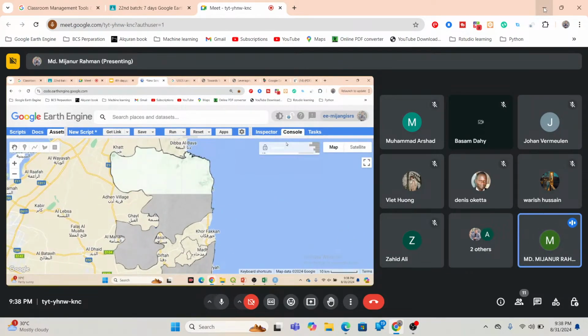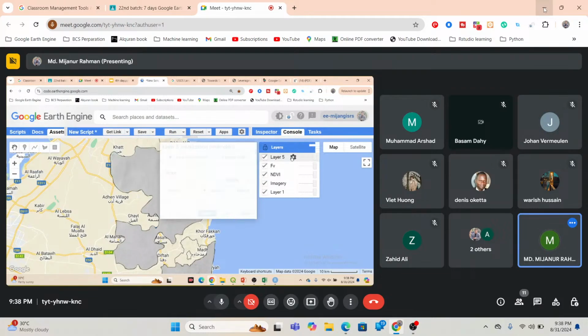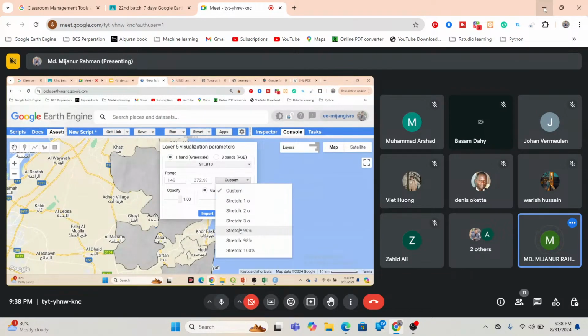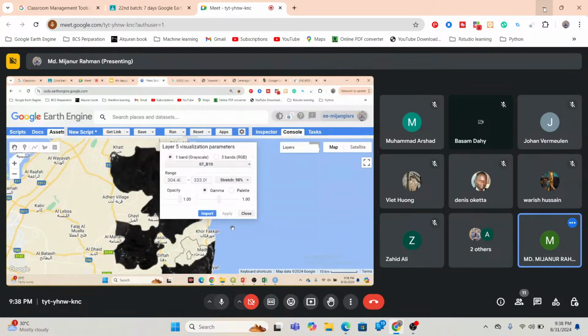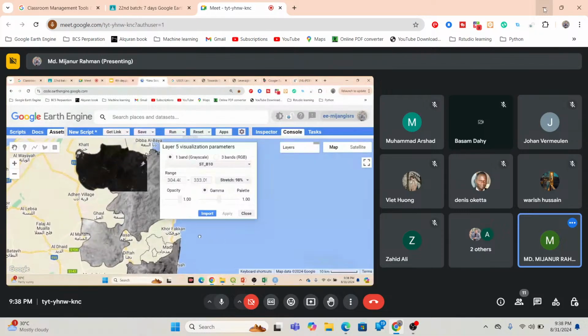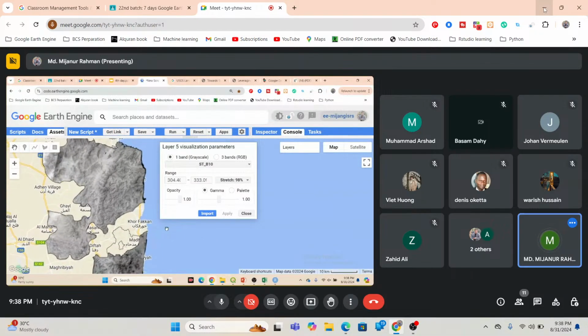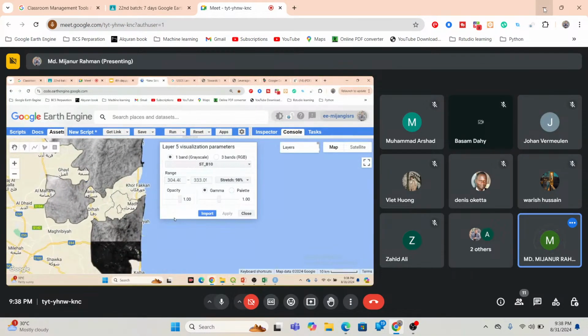If you want, you can also adjust the color or spacing. Just simply click here and then set the spacing to 98%. Further apply. So now you get this type of thermal infrared band. Just simply import